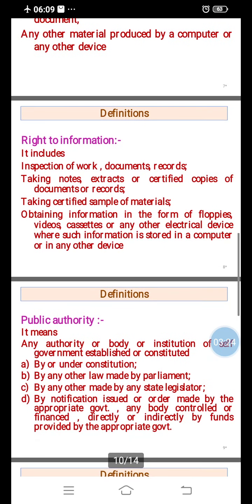Next, right to information. What is the right to information? It includes inspection of work, documents, records, taking notes, extracts or certified copies of documents or records,